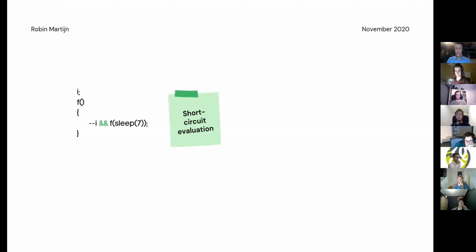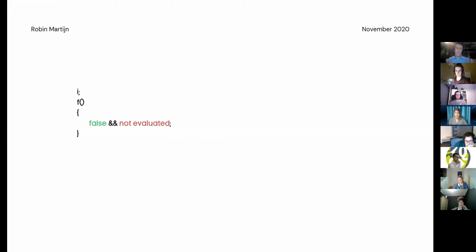And that's where short circuit evaluations come into play. A short circuit evaluation is a small trick to make sure everything runs as expected, and to make sure you don't have to use if statements everywhere. If the first part of the short circuit evaluation is false, then the second part doesn't have to be evaluated, because of course the whole statement already is false.